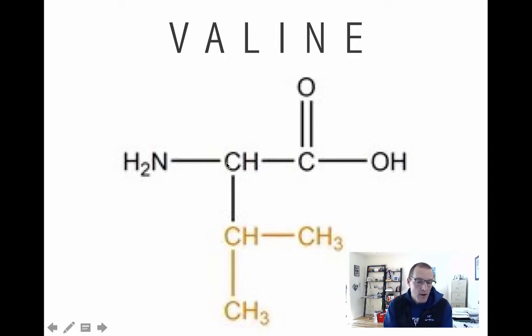And so here's our alpha carbon, our amino group, our carboxylic acid group, and then the R group is easy to identify because it's shown here in orange. And if you're looking at that R group and asking yourself what is the chemical property of this amino acid, we're only looking at the R group, remember, and so what we've got is a lot of carbon-hydrogen bonds here. That's a carbon with 3 hydrogens on it, and there's another one there, and then a carbon bonded to a